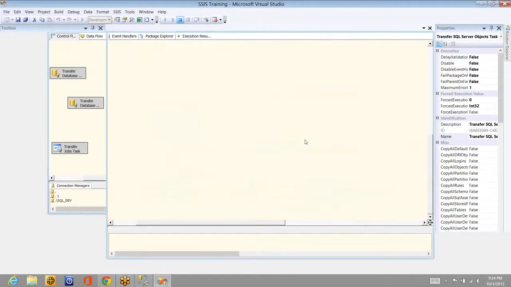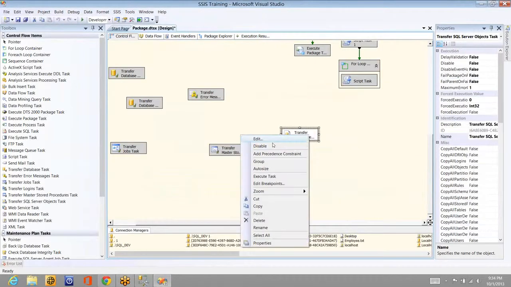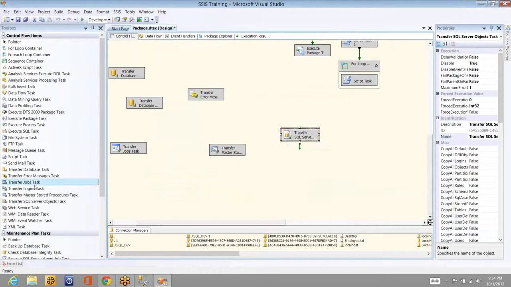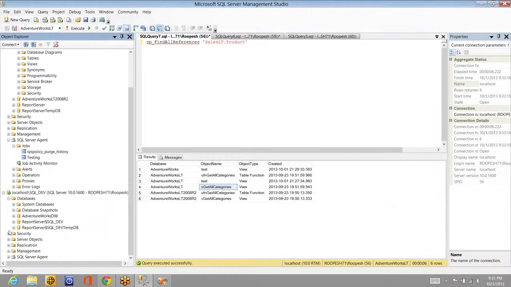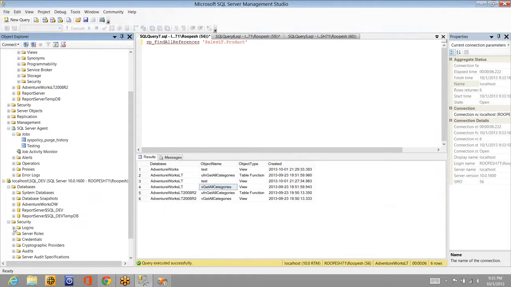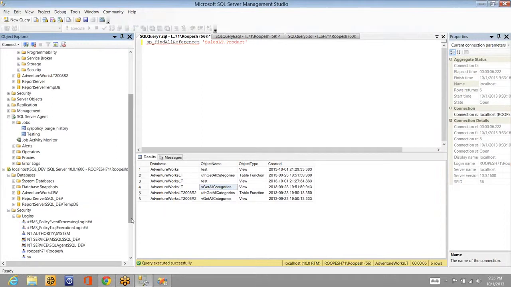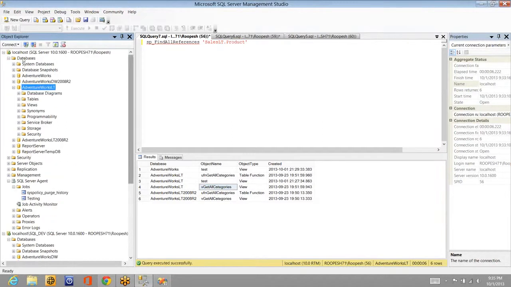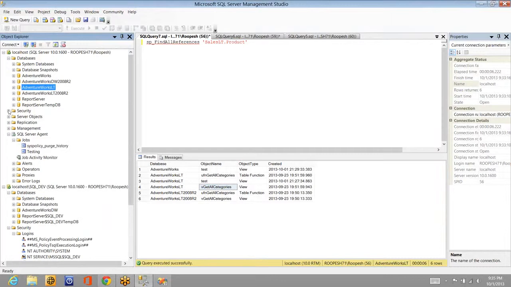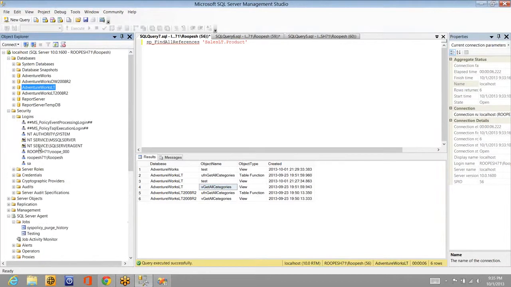One quick thing before we end the session, that is transfer logins. So what are logins? Let me connect to the SQL Server. If you go to security, under logins, you will have all the user logins. Here you can see seven users are there. Whereas in the main server default instance, I've added one extra login just to demonstrate an example. The extra login is Rupesh, and it's nothing but a user of your system.